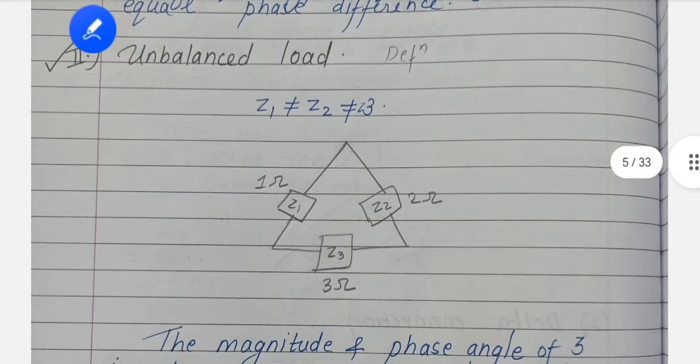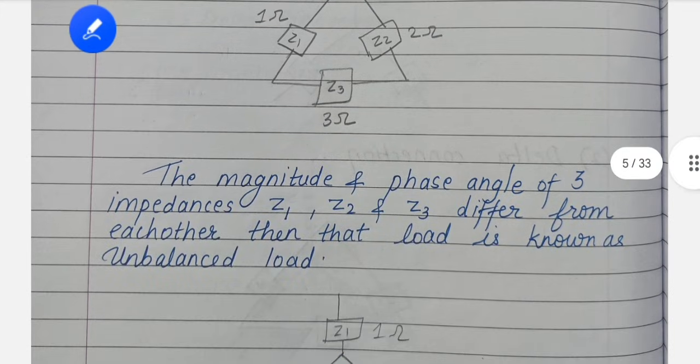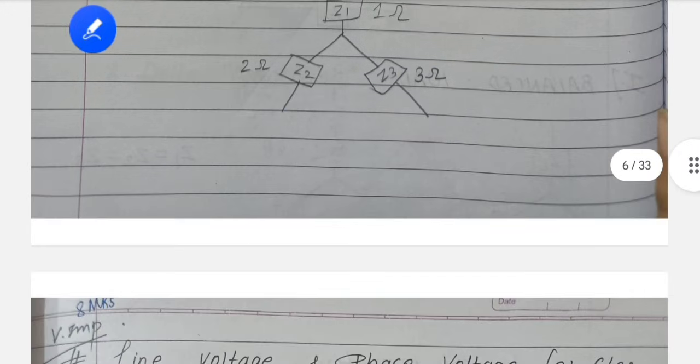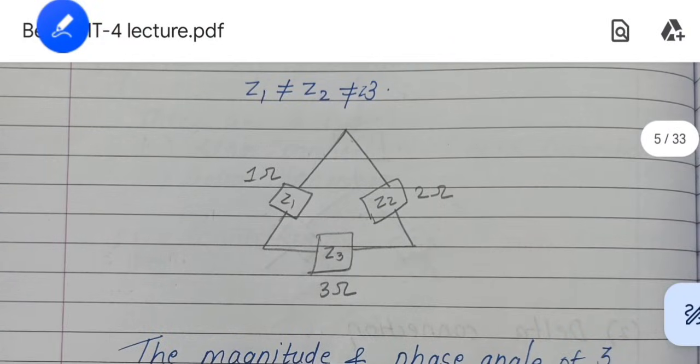For unbalanced load you can prefer this one. First of all you have to draw the diagram and show Z1 is not equal to Z2 is not equal to Z3. We are talking about impedance, and you can write the definition as: if the magnitude and phase angle of three impedances Z1, Z2 and Z3 differ from each other, then that load is known as unbalanced load. Again, the opposite of the balanced load. I think this is simple for you to understand and learn also. Here is the example for it. This is for star connection,